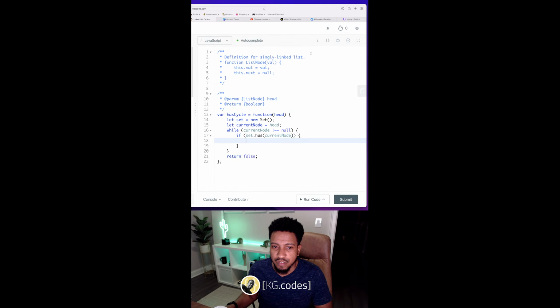then I know I'm in a cycle. So this is my cycle check. Set has current node, then I know, hey, I'm in a cycle. Just return true, break out, don't even do anything else. If not, then I need to put